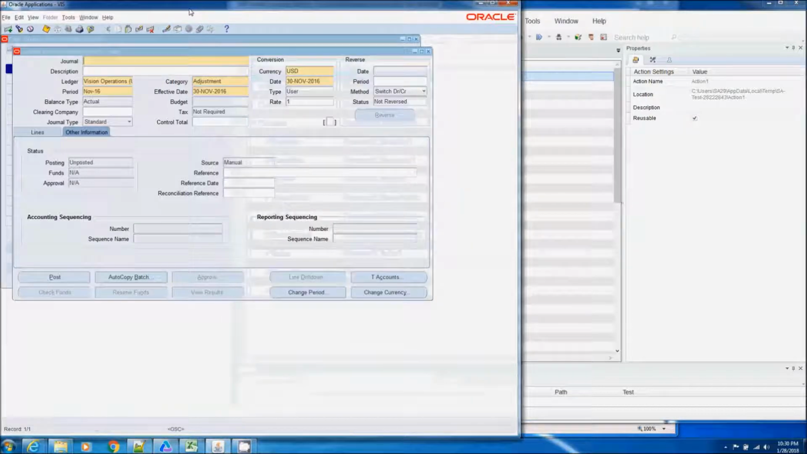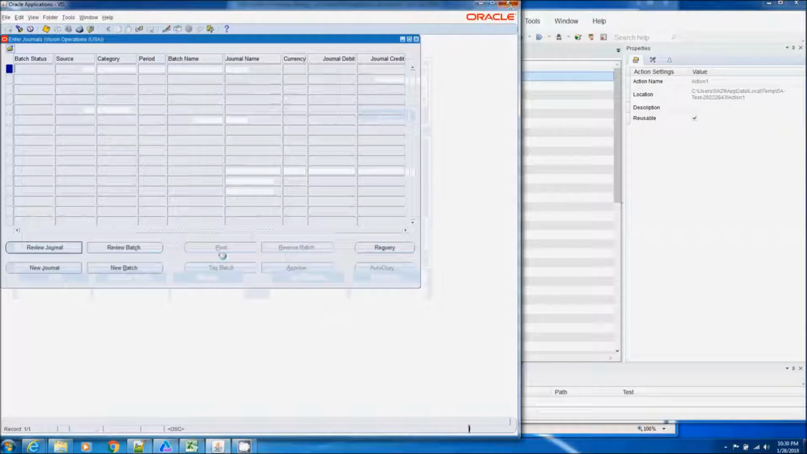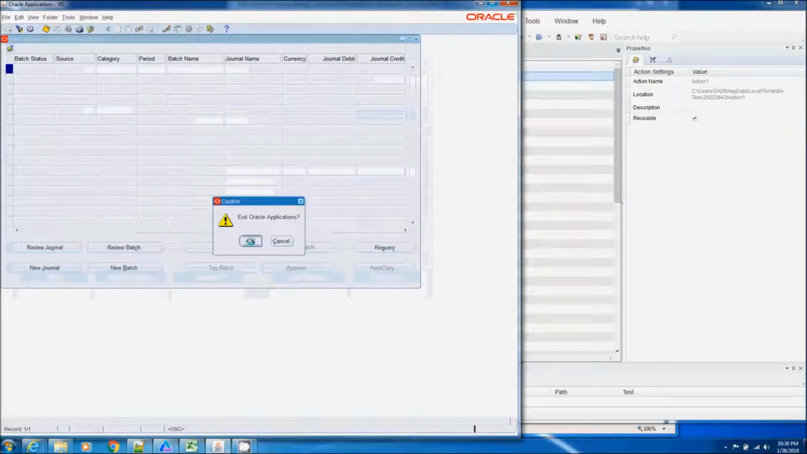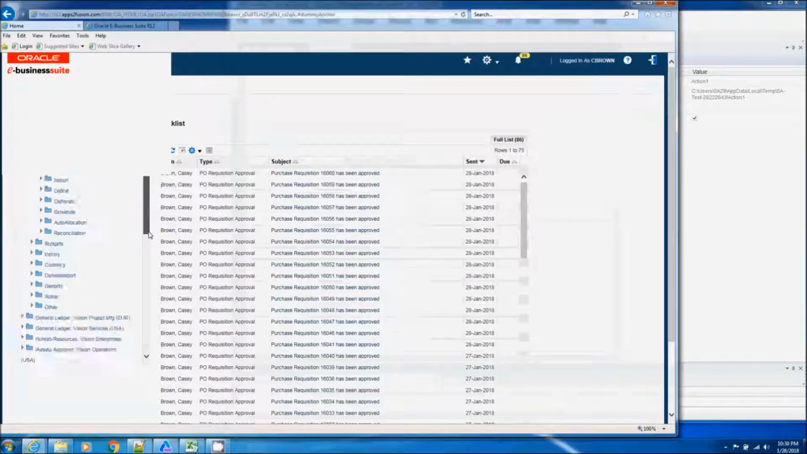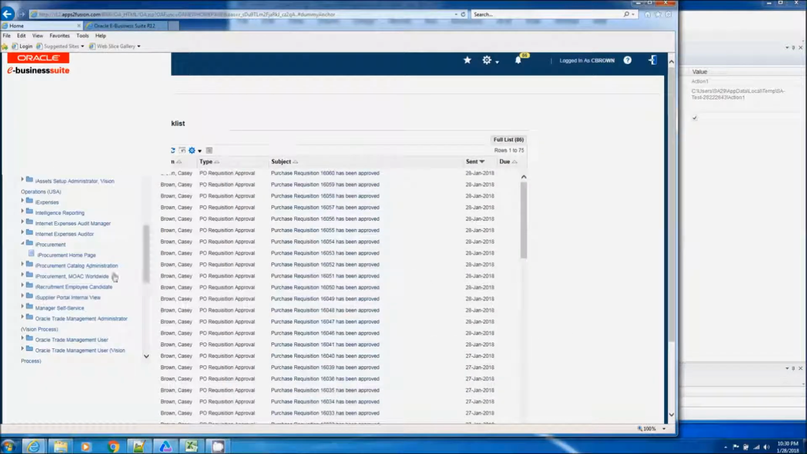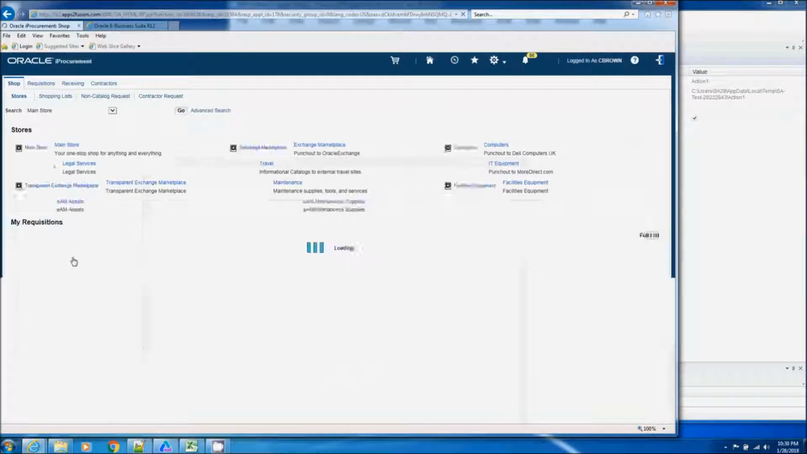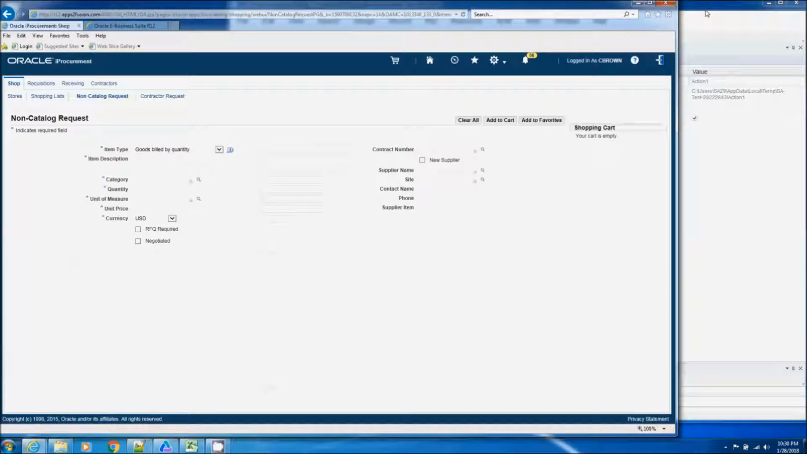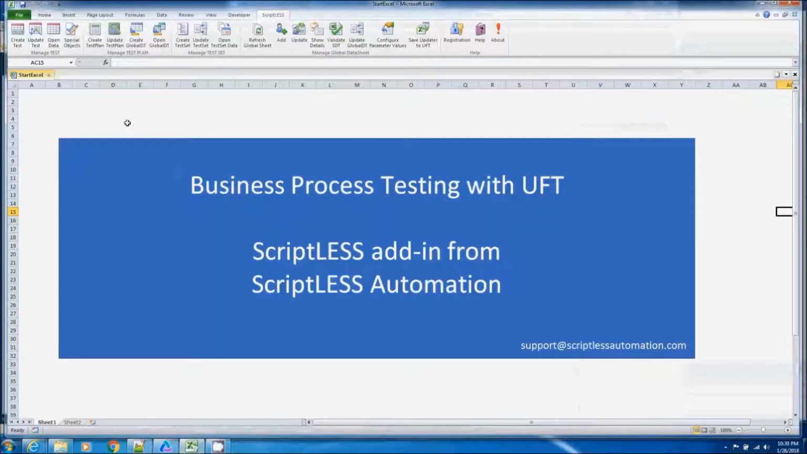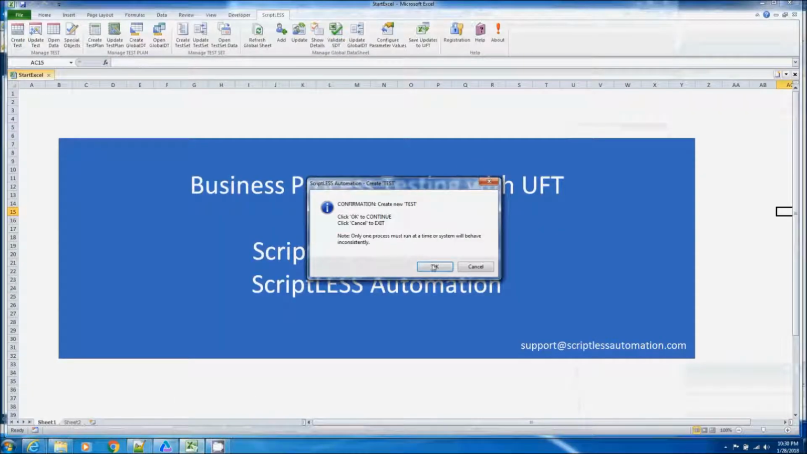Now that we have looked at Java forms, let's go and take a look at creating tests for web pages. For web pages, we also use the same logic. We create one test per page, and it's the same process. You click on create test,